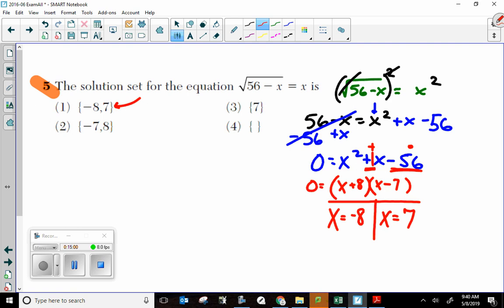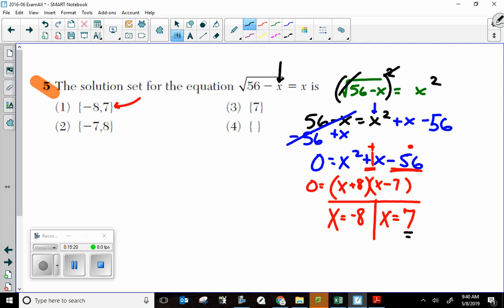But when it comes to square roots, you need to check both your answers. Because remember, every once in a while we can get an extraneous solution. That means we get a number that seems to work out algebraically, but when we check it, it doesn't work. If I check 7,